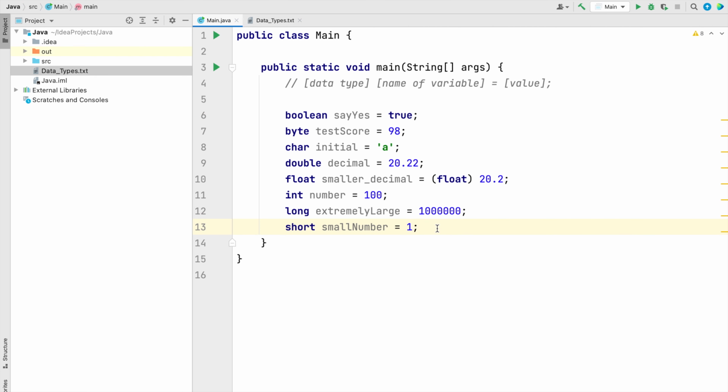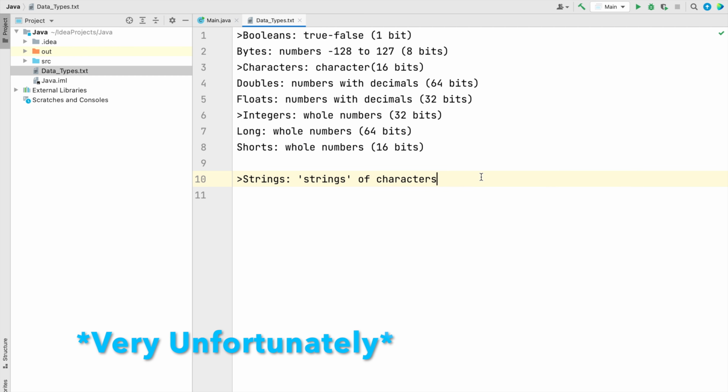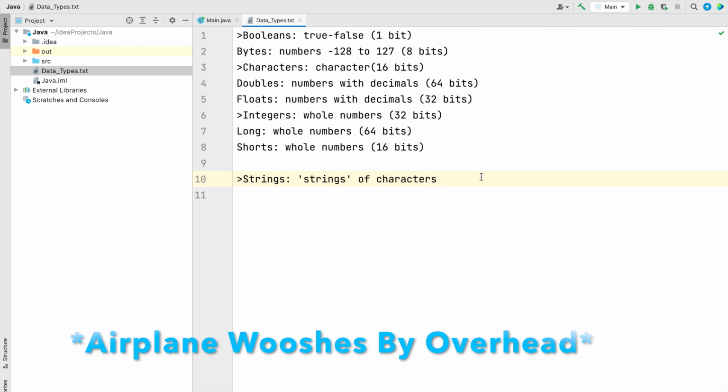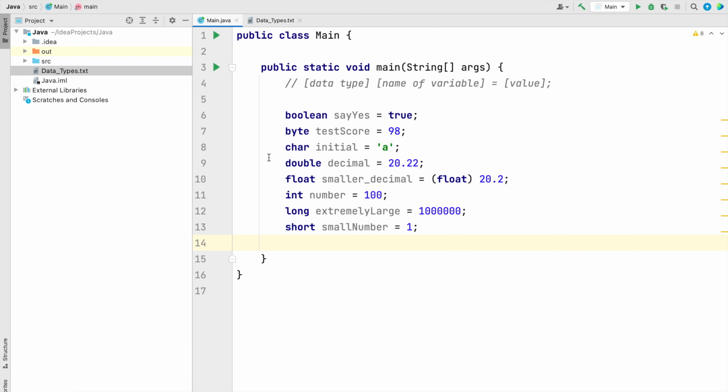Now there's one other data type that I want to talk about, which is strings. Now strings are strings of characters, and they're technically not primitive. However, you can technically treat strings as primitive even though they aren't. Java does let you treat them as a primitive data type because strings are so commonly used and there's no other primitive data type that you can use to write words and sentences and paragraphs, etc., or strings of characters. So to declare a string,